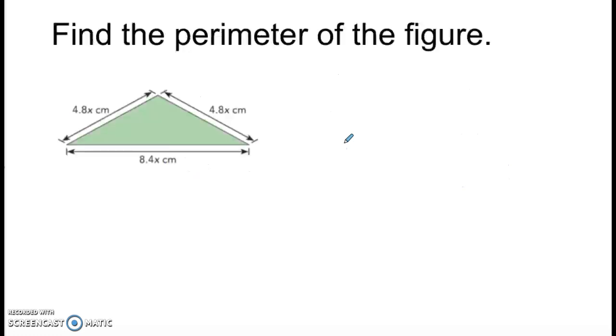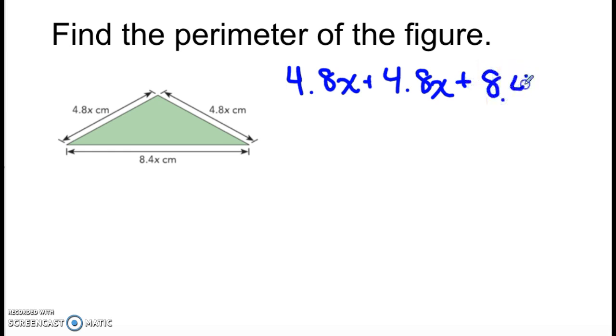And the last example, we want to find the perimeter of the figure. Remember, when we are finding perimeter, we add all the sides. First, I'm going to start by writing an expression. So I have 4.8x plus 4.8x plus 8.4x. Now, all of my terms include x's, so I can add them all together to get